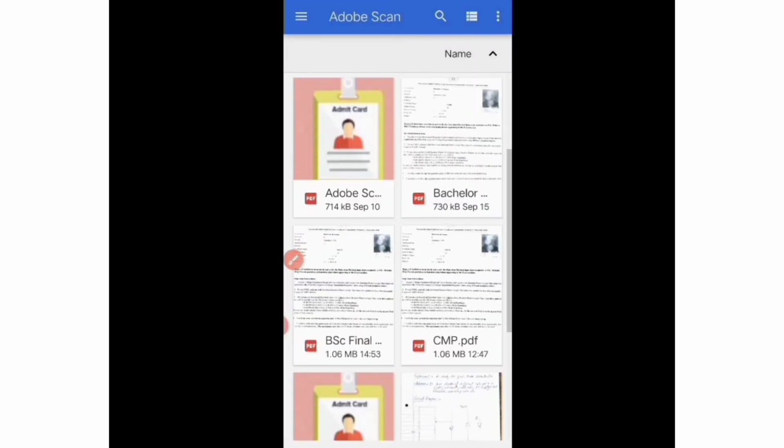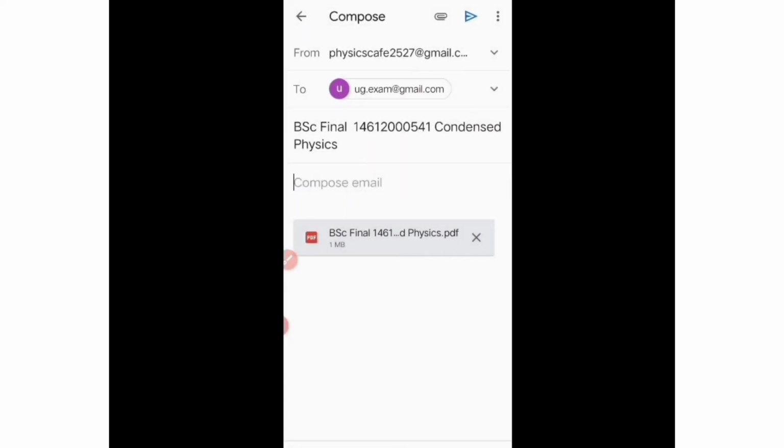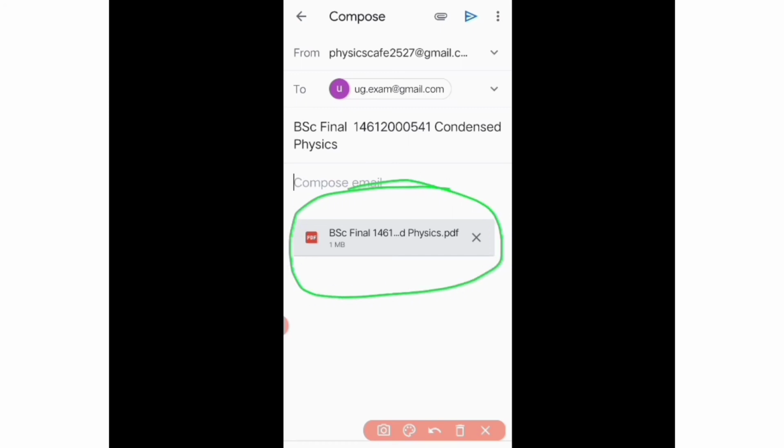From here you have to select your file, which is BSc final. Click on it. So dear students, here you see your file is present, and when you press send here, your file is sent to your college or your university.